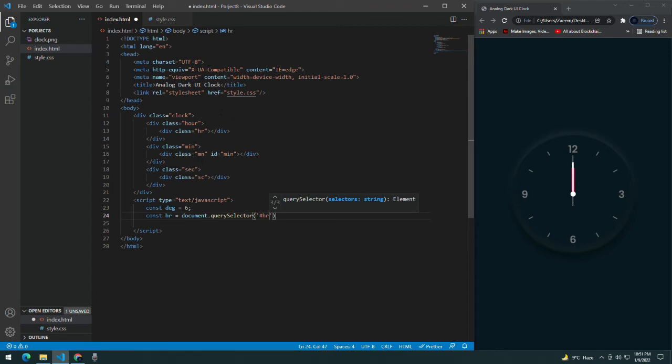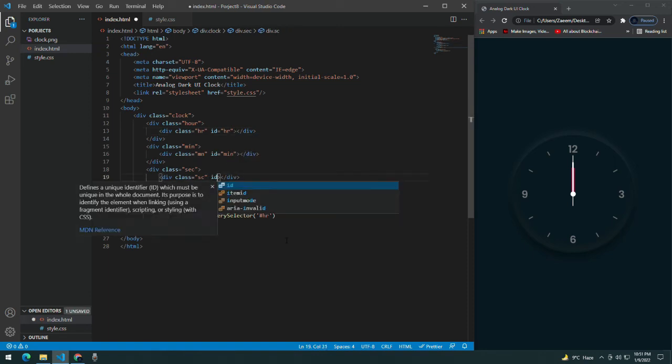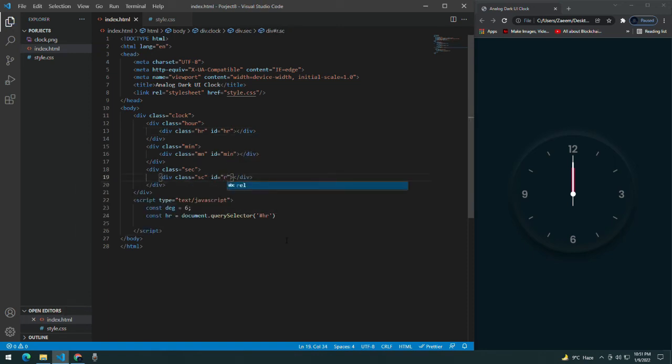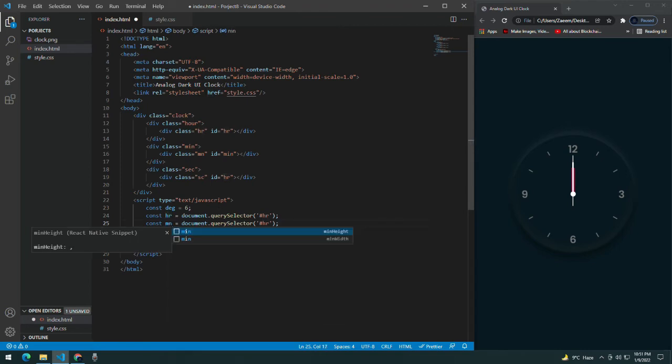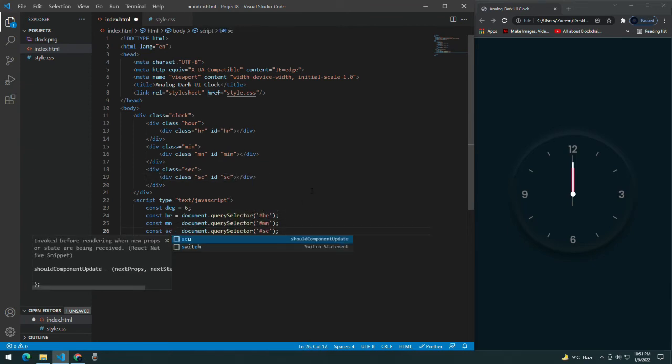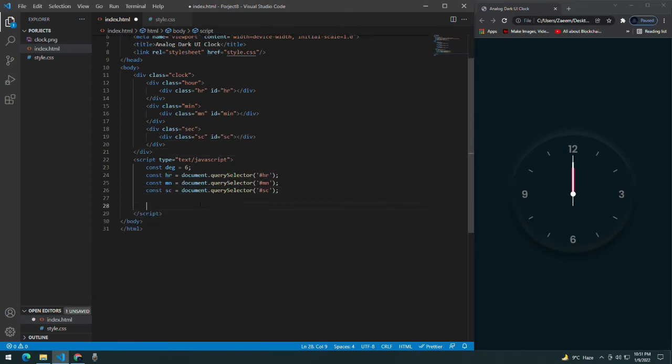You can see that I have given an ID of hr. Sorry, I did not, I think I created it, but let's add an ID of hr and an ID of second as well. Now give it a const, let's copy this and paste it three times for the minute and second, mn for minute, sc for second.